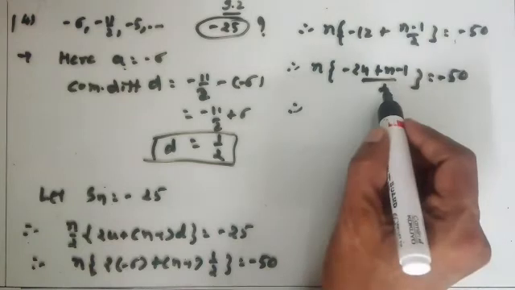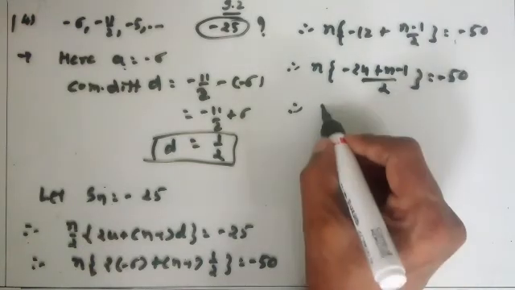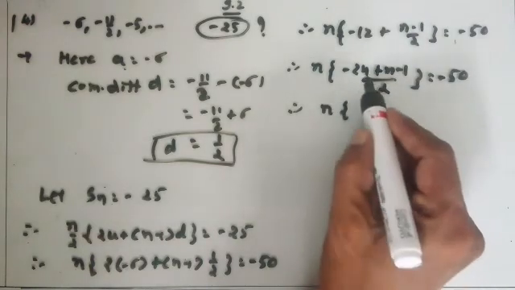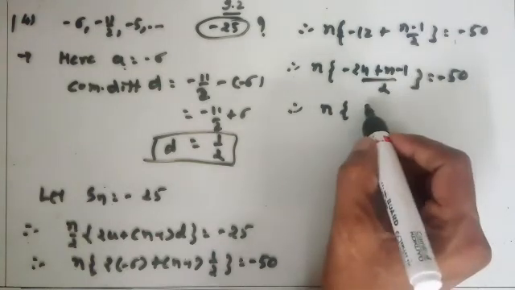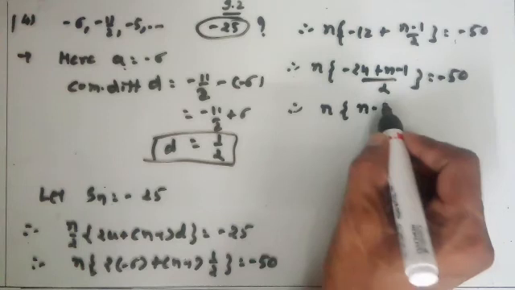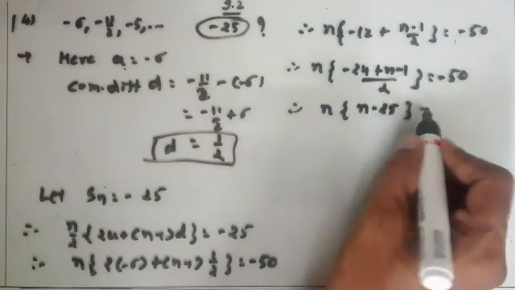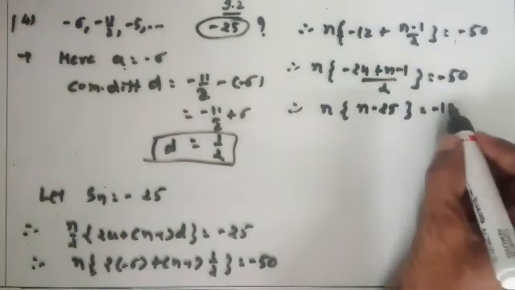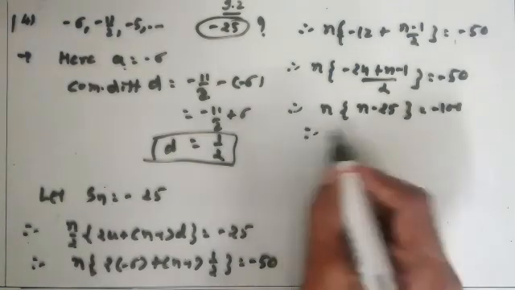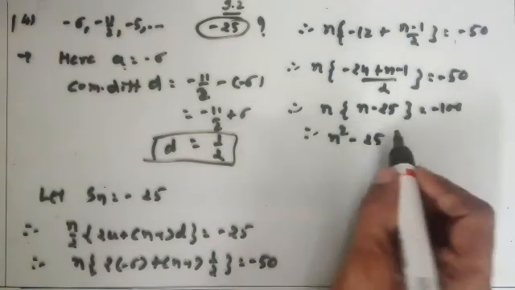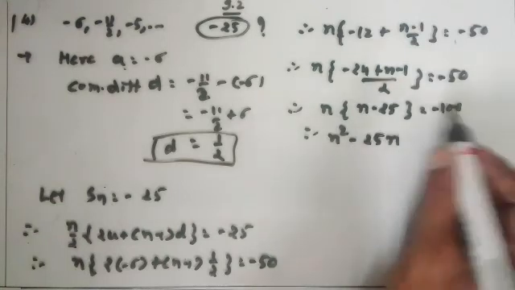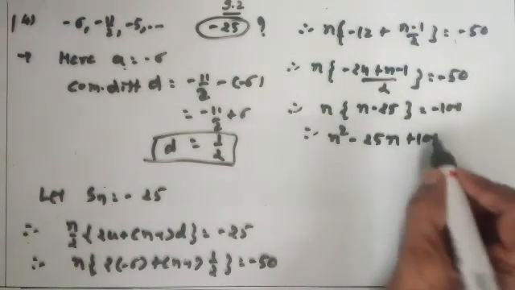Therefore here simplification, n into minus 24 minus 1 becomes minus 25. So n into n minus 25 is equal to, take this side, minus 100. Therefore n taking inside, we get n square minus 25n, 100 take this side, so plus 100 is equal